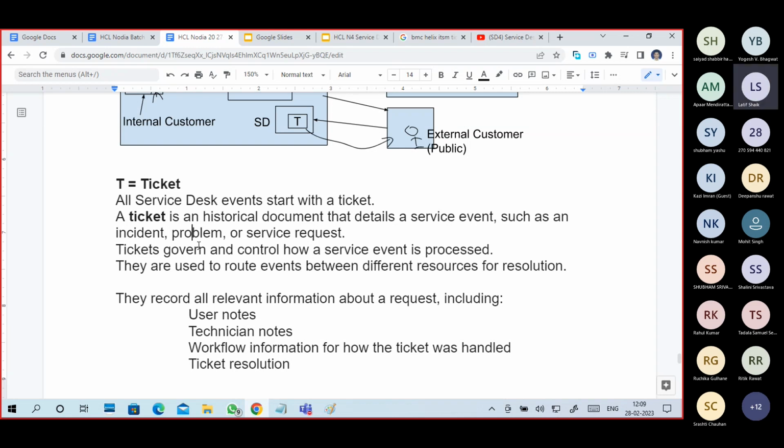How will a technical team know it, how will a service desk person know what we have to do? It is from the ticket.